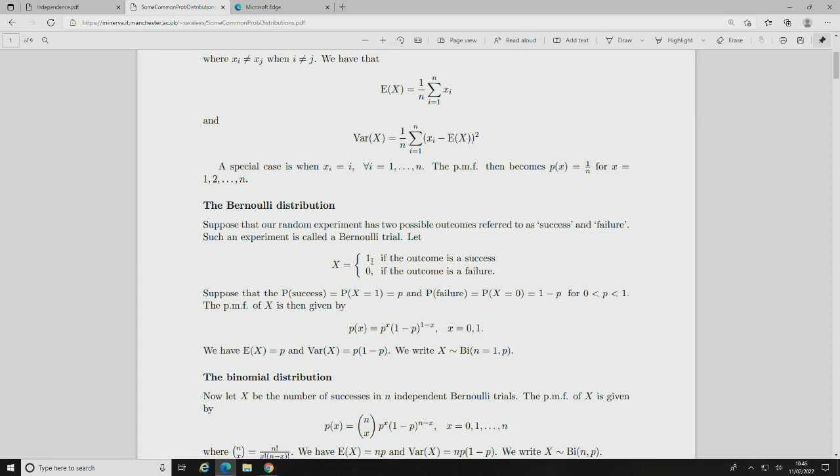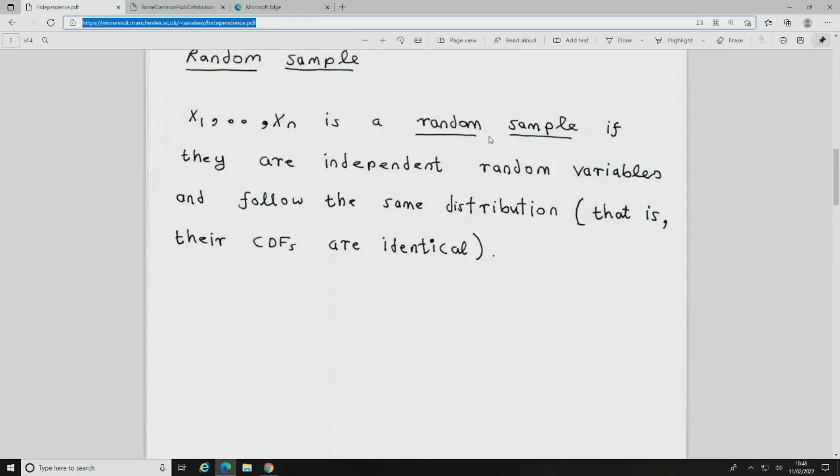And there are n ones here, right? There are n of them, and they add up to n minus the sum of xi. So this is the answer. I hope you can see this. So this is the probability that is equal to this, right? Can you see this or not? Guys, any questions?